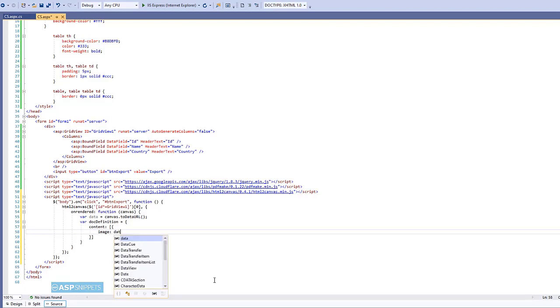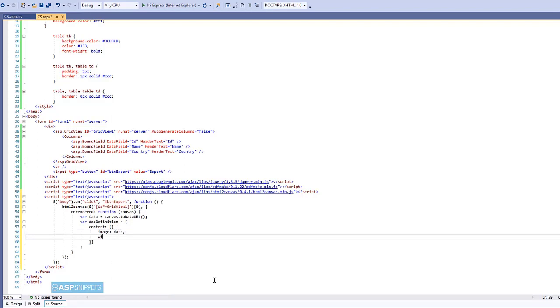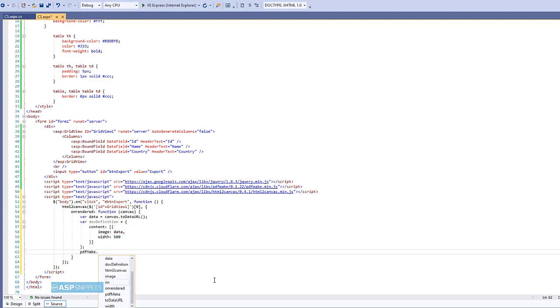The first one is html2canvas, which converts the GridView to an image, and then the image is converted to PDF using the pdfmake plugin. Finally, I am calling the createPdf function of the pdfmake plugin, which will create the PDF from the GridView image and also download it.